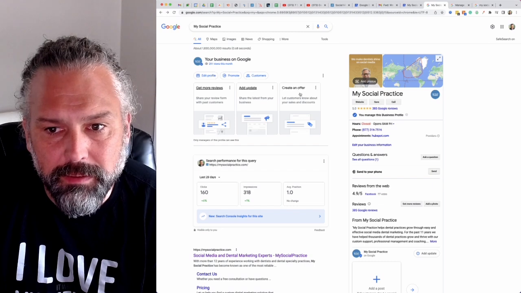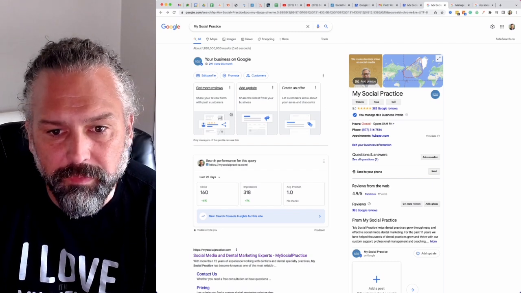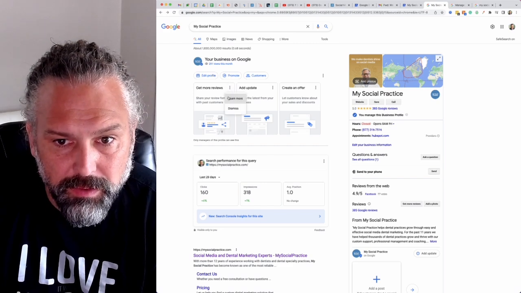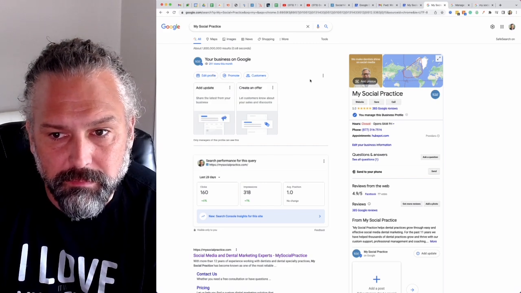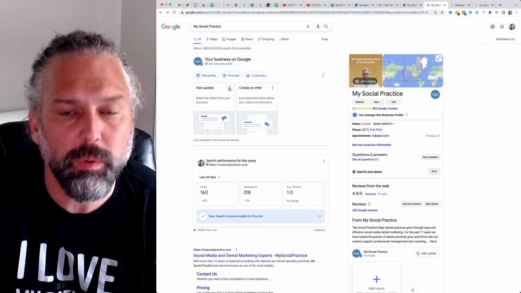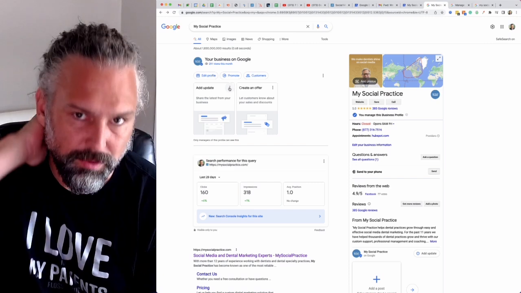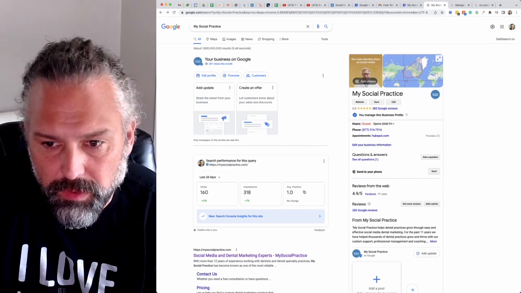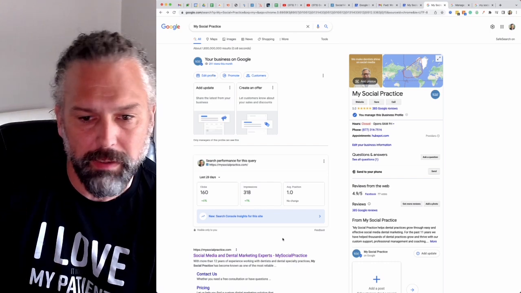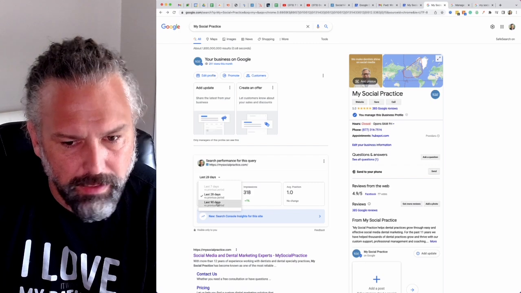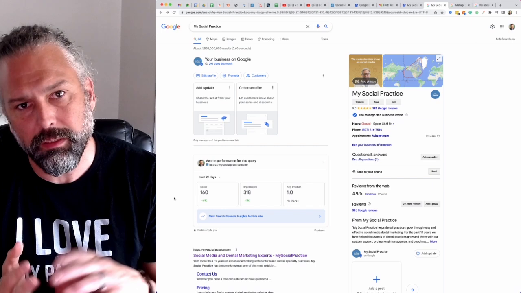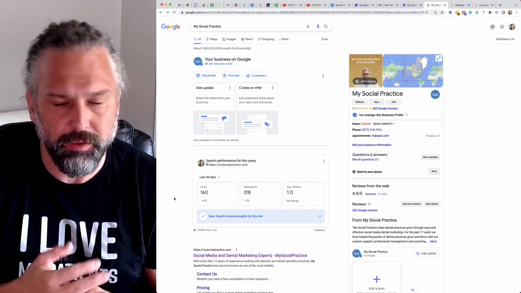You can add updates, which are like posting. You can create an offer. There's all sorts, and you can get rid of these here. If you click on these buttons, you can click dismiss and get rid of it and so forth. So you can actually just get rid of all this stuff if you don't want to see it. But when you first open it up, you have access to make some edits and so forth. There's also some search performance here. This will give you anywhere from, I think, 28 days to 90 days history of what your clicks are, how many people have clicked on your listing, how many impressions you've had, your average position,